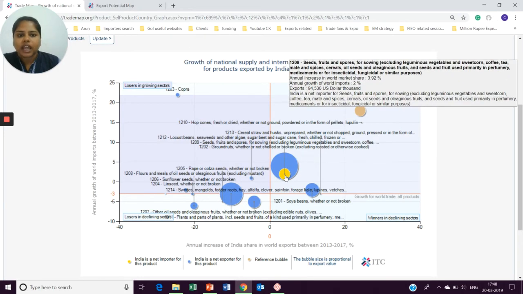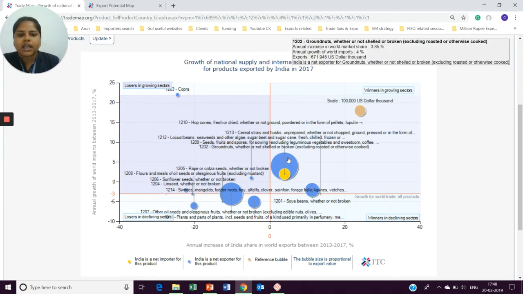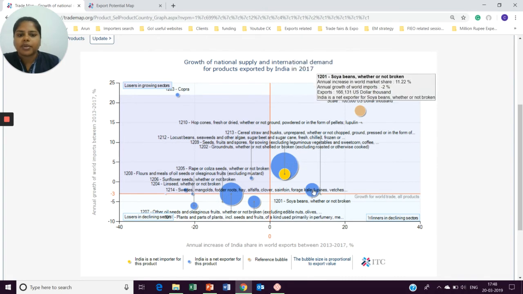When it is yellow, that means India is an importer of that product, a net importer. We might be doing some exports for that product, but the majority we import. So here we can see soya beans and groundnut. Soya beans, we know what's happening between US and China. So China would buy soya beans from India, and soya beans DOC, de-oiled cake, also has a good demand from India, where it is used for cattle feed.